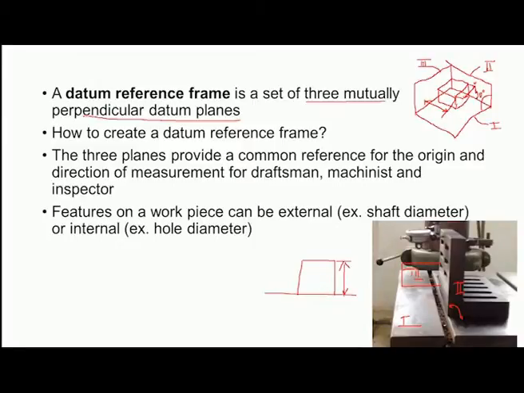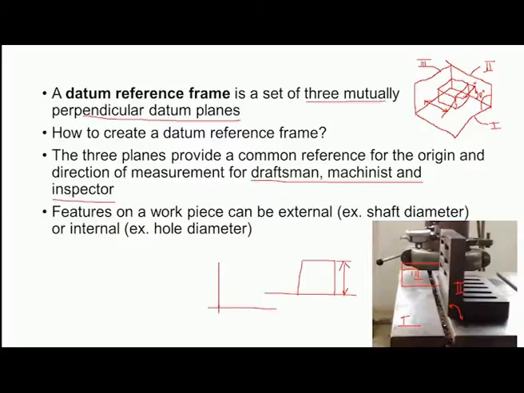The 3 planes provide a common reference for the origin and direction of measurement for the draftsman, machinist as well as inspector. For all these 3 personnel, the datum reference frame is required in order to show the various dimensions. So, again the draftsman will use a particular point as a reference.